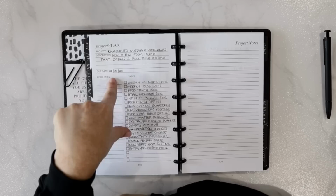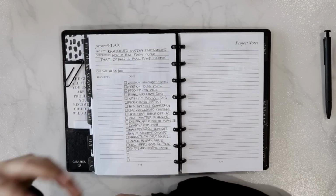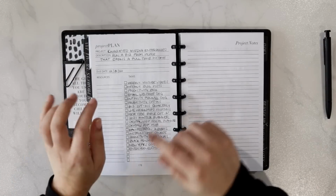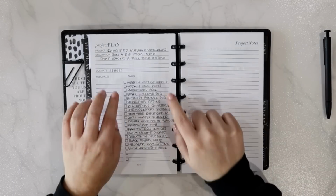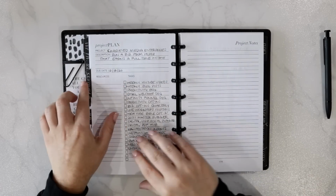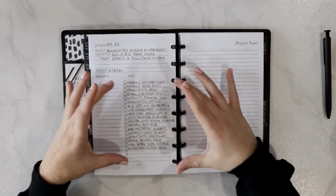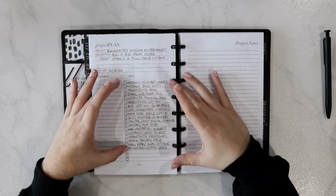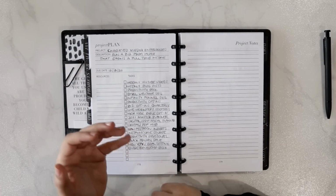Due date, 12/31/2020, because I want this done this year, right? I want to make this certain amount of money this year. So what I do here is then I list it out as tasks for myself. These are actually going to end up being, if you noticed, projects, right, that I will execute on. But I like to have them all organized in one place. Like this is basically my brain dump of all the projects